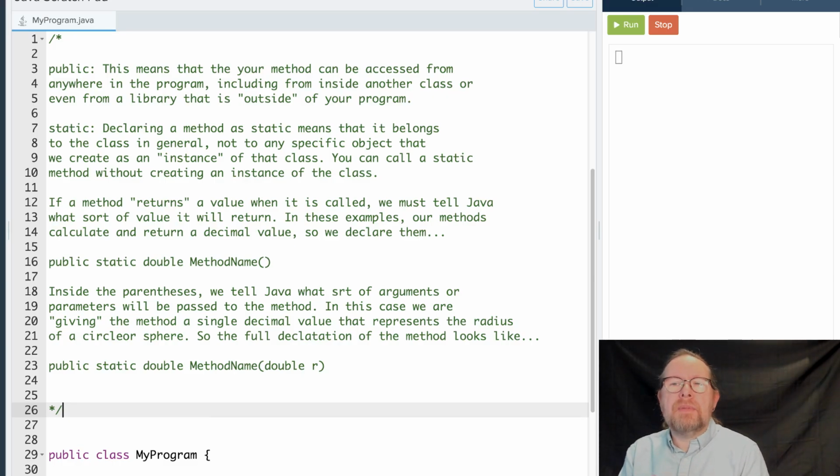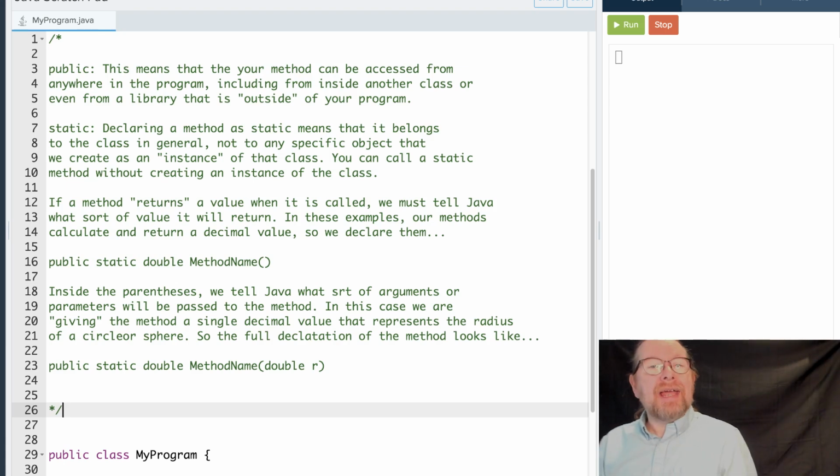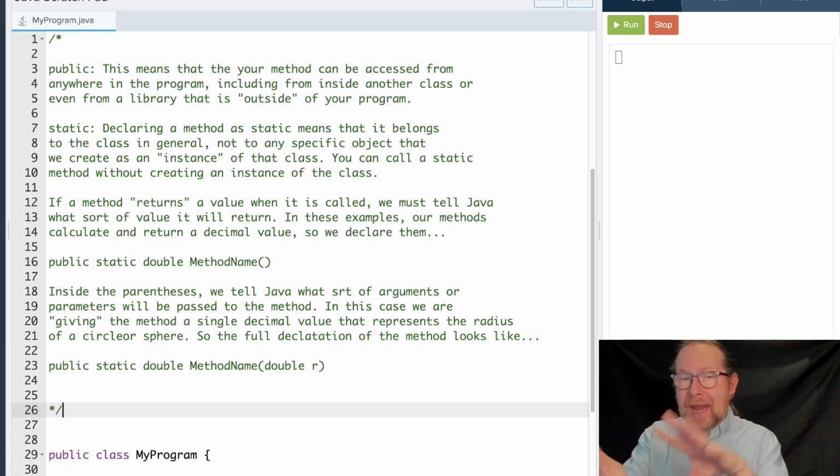But basically, public means that your method can be accessed from anywhere in the program, including the methods of other classes, or you can even call it from inside a library that's outside your program. So you can think of public as just saying, I can run the method from anywhere in the code,